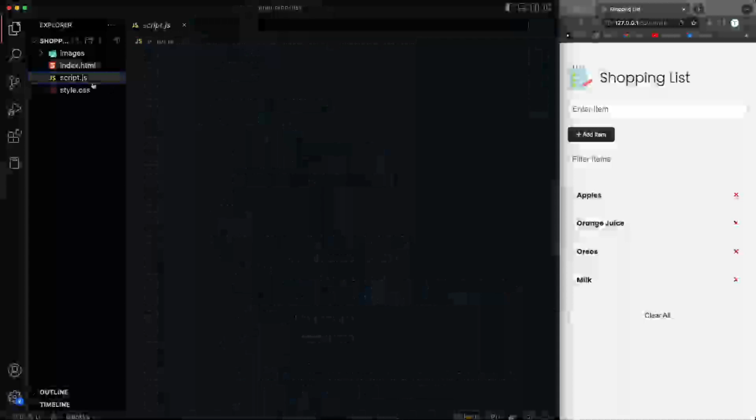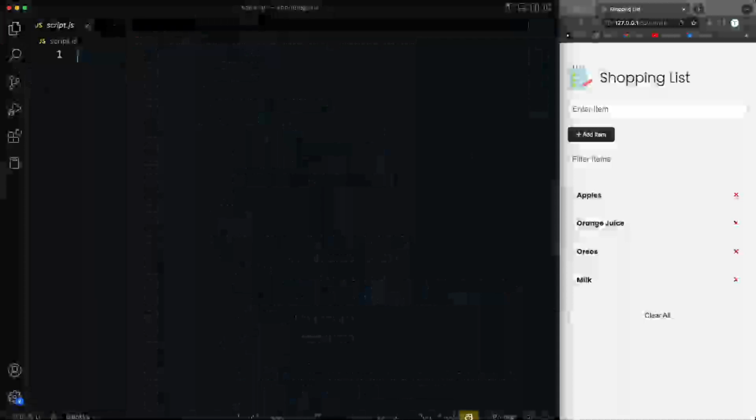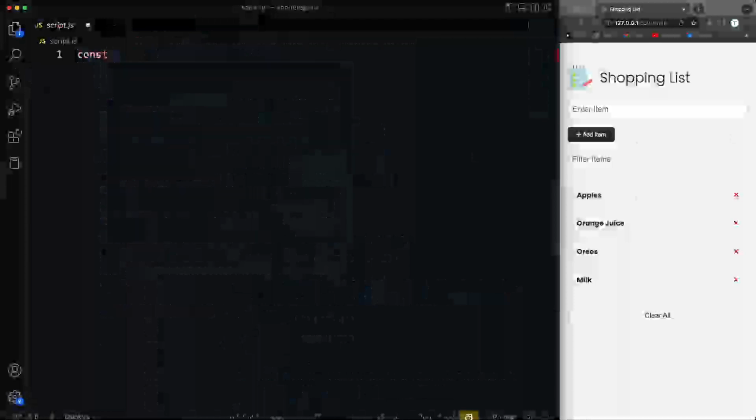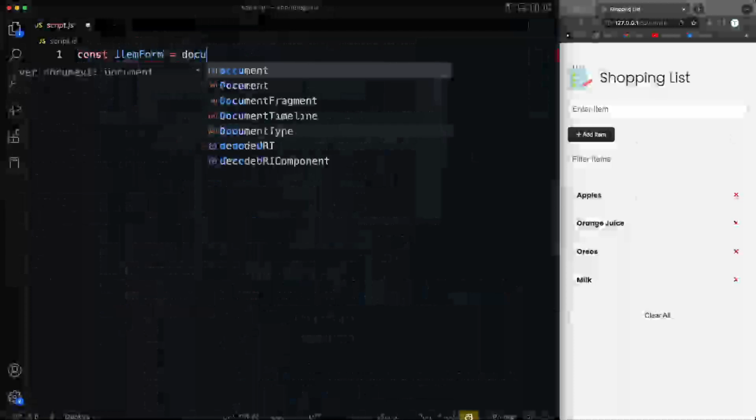So what I want to do first here, like I said, I want to be able to submit this form, but I want to just bring in all of the things that we're going to need for this functionality, and put these elements into variables at the top. And we're putting them at the top in the global scope so that we can access them from multiple functions. So let's get the form first. We'll say itemForm. We'll set it to document dot